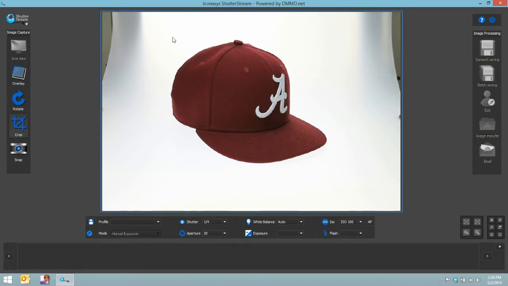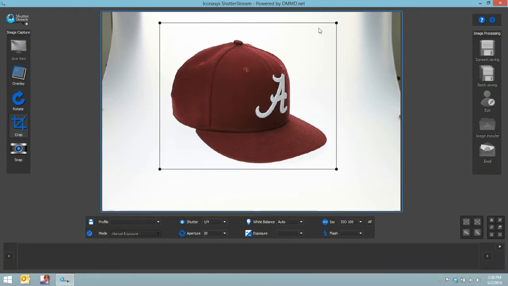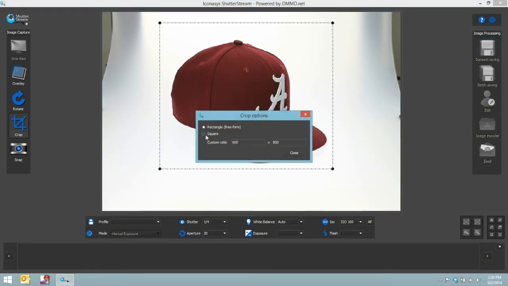I will enable the crop button and click and drag on the live view window to define the shooting area. Now, with the live view crop, you can actually define your crop in a specific ratio if required. For instance, if you need your images at 500 by 500 for your website, in the options area, in crop options, you can say always crop at a perfect square or else a custom ratio